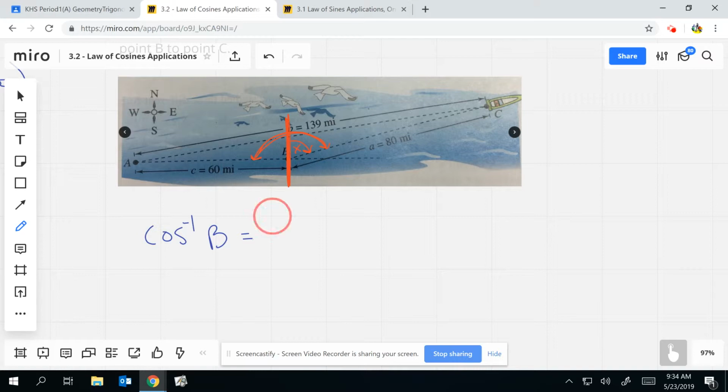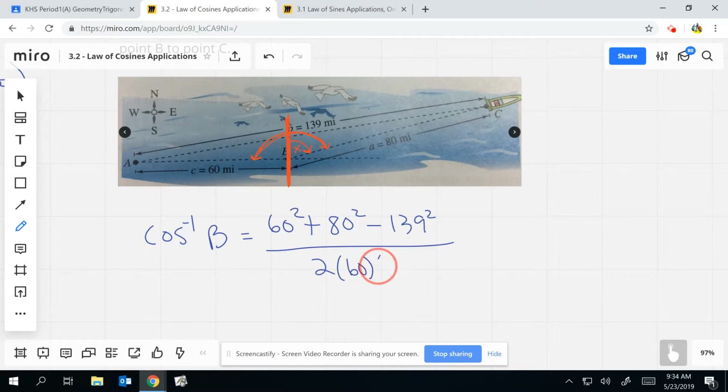So 60 squared plus 80 squared minus the 139 squared, all over 2 times 60 times 80. Now I would do each part. So 60 squared plus 80 squared minus 139 squared. You get negative 9,321. And I'm really happy we got a negative,